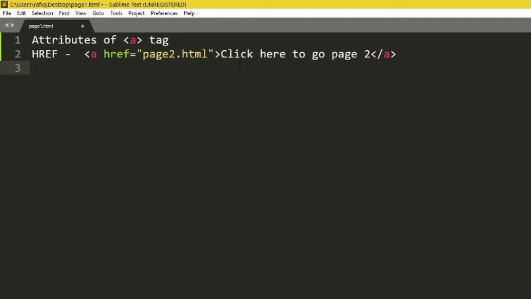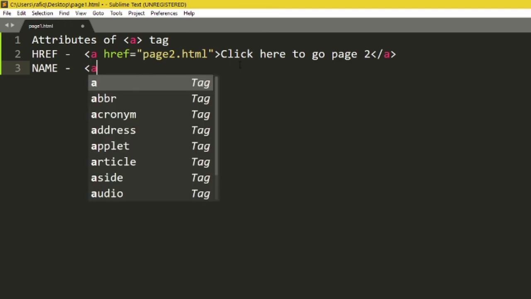The next attribute is name. This attribute is used to name a portion of a document so it can be linked from the same or another document. Suppose my document is too lengthy and I want to link to a different section of my page through a link. Then the name attribute is used.